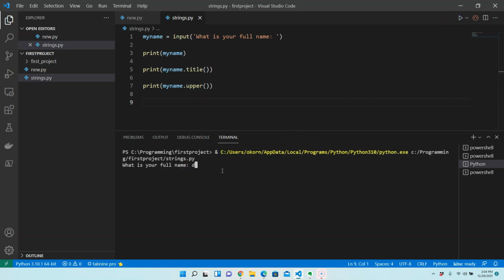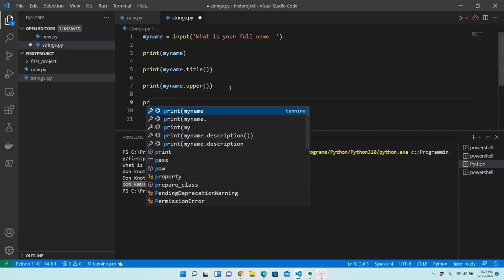Again, Don Knotts, enter. Check this out, how this is working. There's the original entry. Here's the title formatted the proper way. And here we have it in all caps. Maybe you want that in your project somewhere as all caps. All right, the next one I'm going to show you is, and I'm just running these down here, print